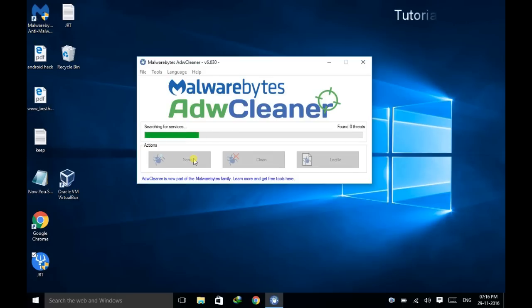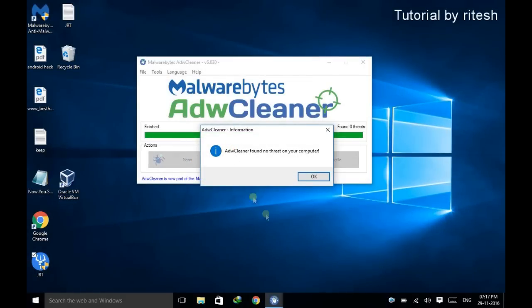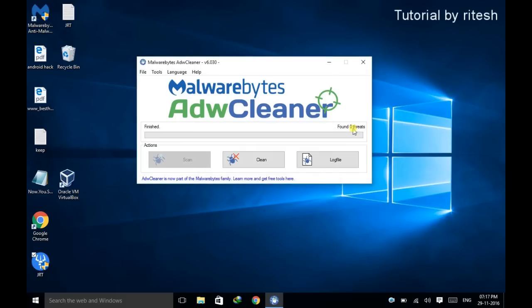Wait till the process completes. It successfully scanned, and in my case it didn't detect any kind of threat, but it may not be the same in your system. If it detects any kind of threat here, then clean it and restart your system.